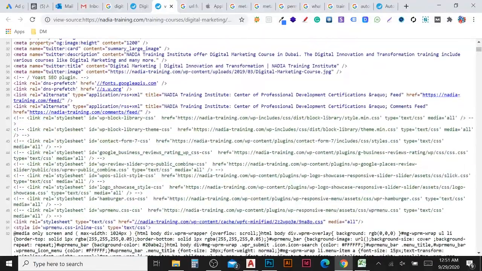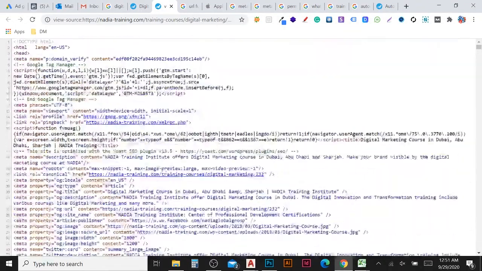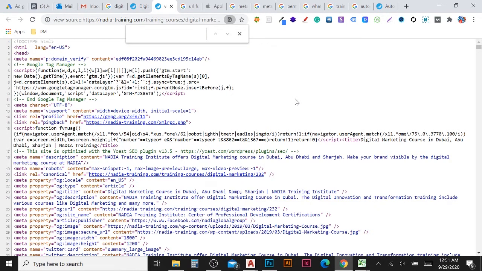Again, it's very difficult to find the meta title and description inside the coding, so I will give you another idea. Press Ctrl plus F, F for find, and you will get this find box. Here you need to type an angle bracket, which you can find on your computer keyboard; you may need to press the Shift button, otherwise you will get a different symbol. So Shift and the angle bracket, then type title.